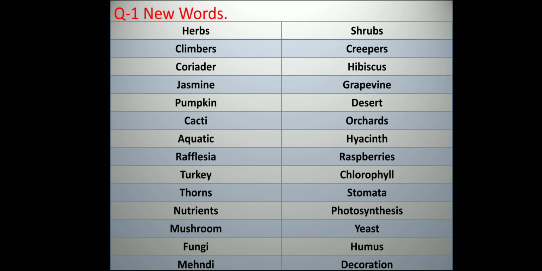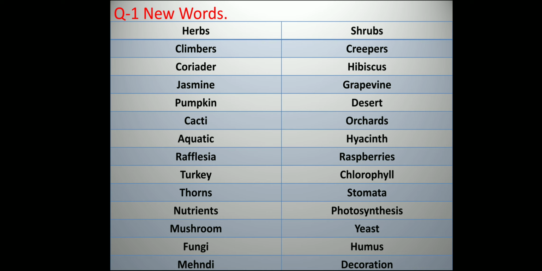PUMPKIN, CACTI, AQUATIC, RAFFLESIA, TURKEY, THORNS, NUTRIENTS, MUSHROOM, FUNGI, MEHNDI, SHRUBS, CREEPERS, HIBISCUS, GRAPEVINE,